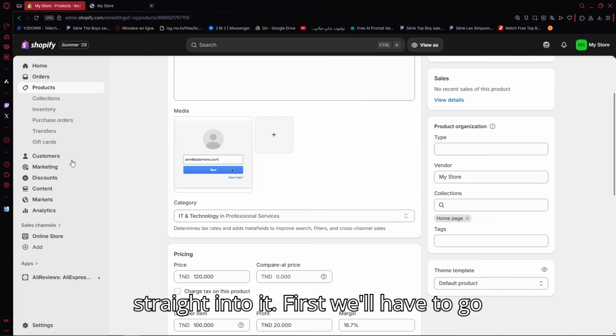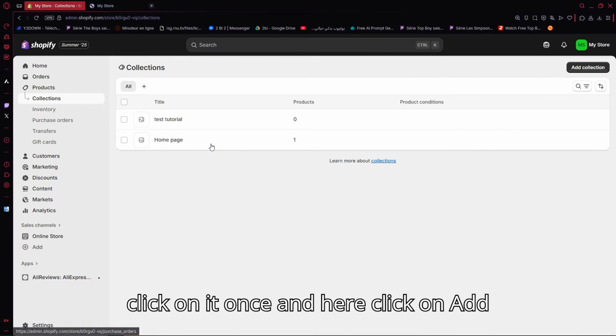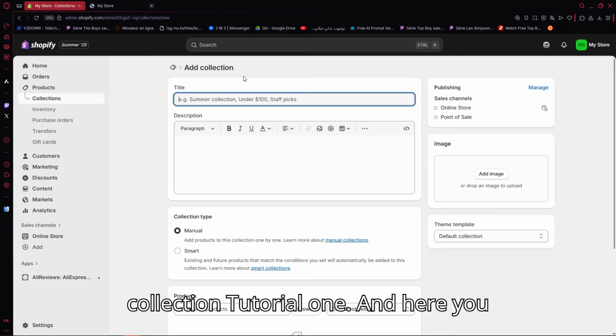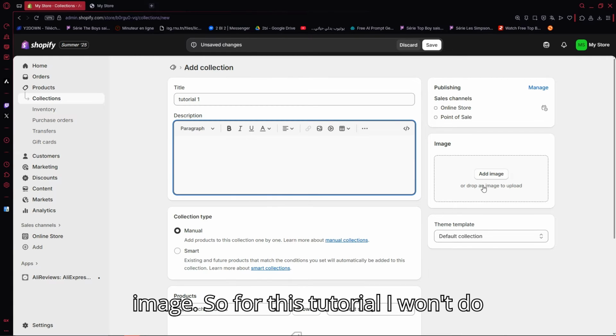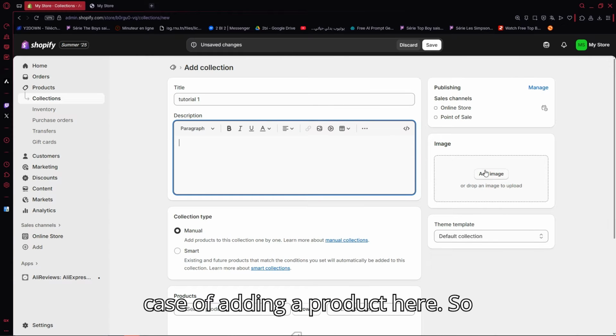First, you will have to go to collections, which is right under products here. So click on it once and here click on add collection. Let's just name the collection tutorial 1 and here you can fill in the description and the image. So for this tutorial I won't do it, but it's best to do it in a real case of adding